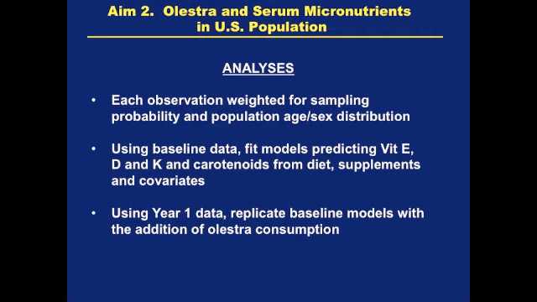And the analysis was, again, we used a weighting approach. Everyone was weighted for the sampling probability and the age-sex distribution of the population. The approach we used here is we fit multivariate models on the pre-Olestra time period, predicting serum concentrations of each of the micronutrients and carotenoids we were interested in. Using all the information we had, dietary intake, supplement intake, age, sex, race, physical activity, and a number of other factors, we can explain between about 4 and 18% of the variance. So just doing the best job you can, you really can't explain very much of the variance